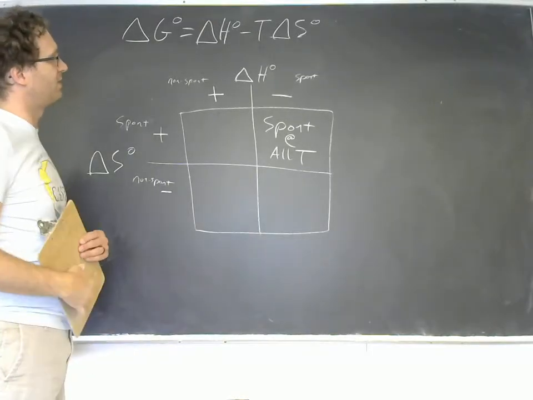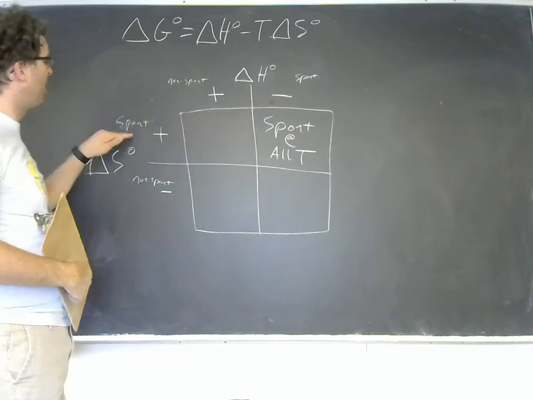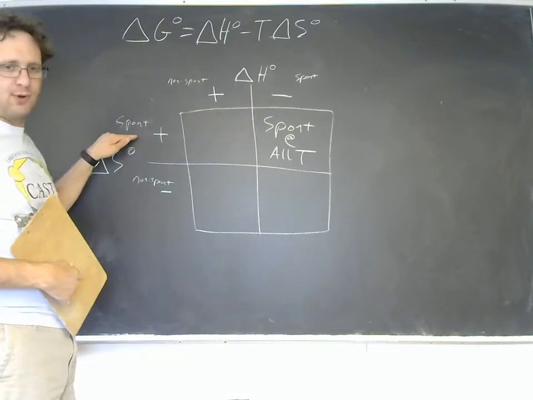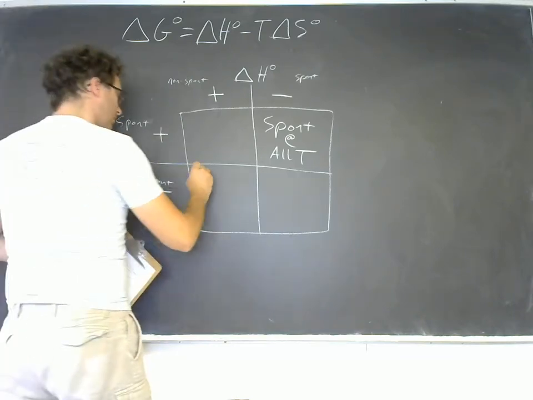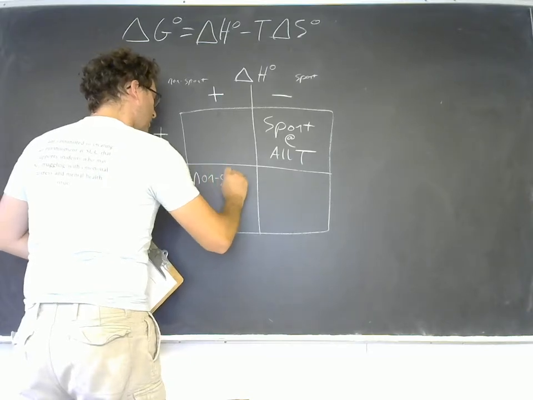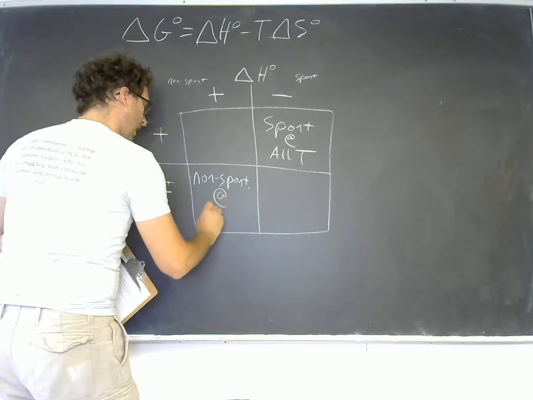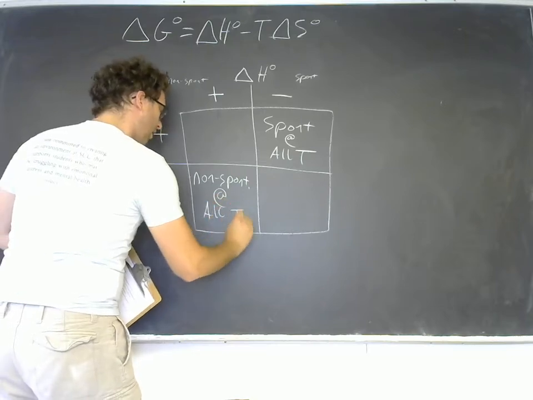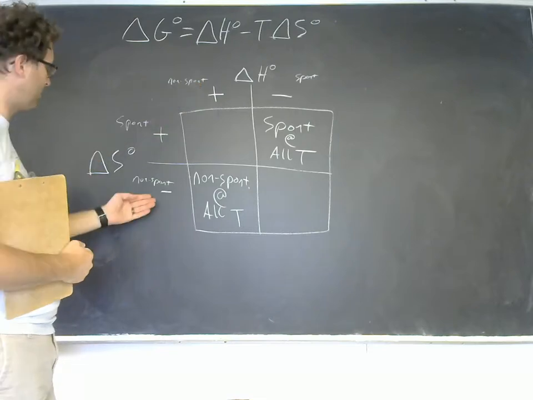That's going to start spontaneous at 0 Kelvin because of the delta H, and then as the temperature increases, it will only become more so. Over here, we have non-spontaneous at all temperatures. If I have an endothermic reaction that is also,